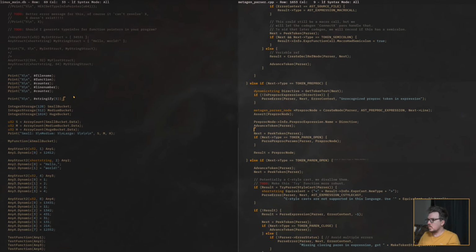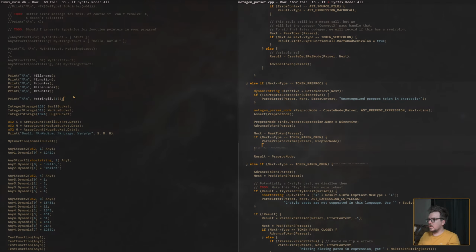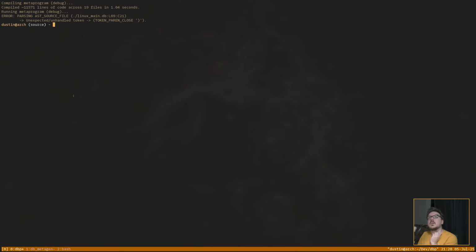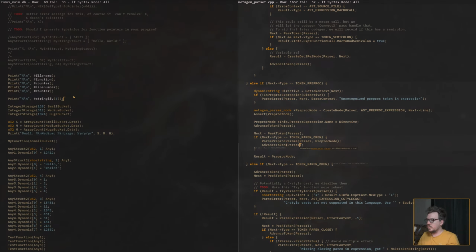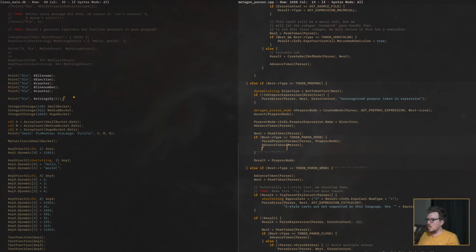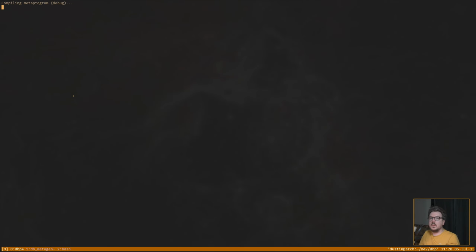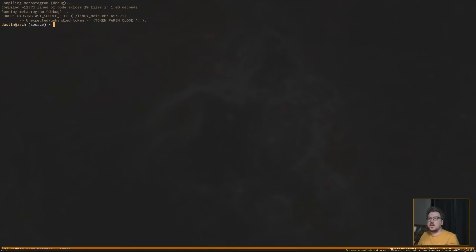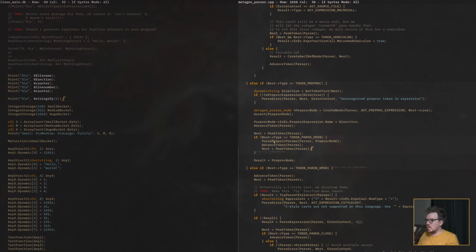So we do this, and then we advance the token. So we skip over the closing brace in that case. Or closing paren. That still didn't work though. Next equals peek token parser. Okay, still didn't work.